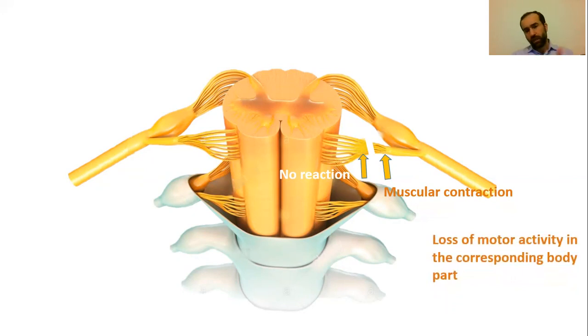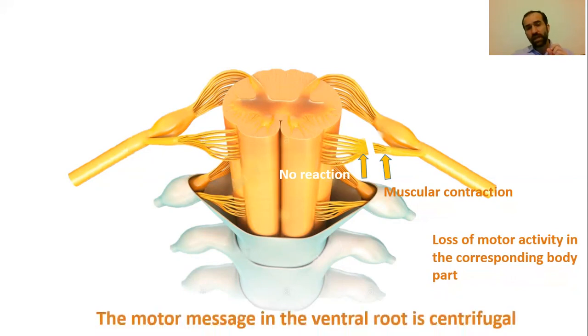And we have also the loss of motor activity. It is obvious after the section, but when we make stimulation, we obtain this muscular contraction. And this is why we say that the ventral root is centrifugal. Centrifugal means that the message in it is directed in this direction. This is only a confirmation for what we have